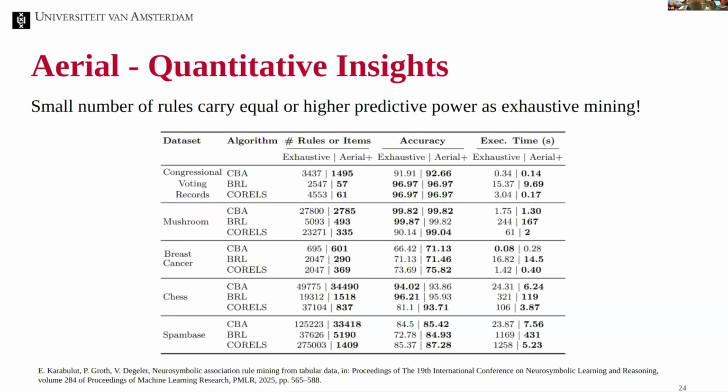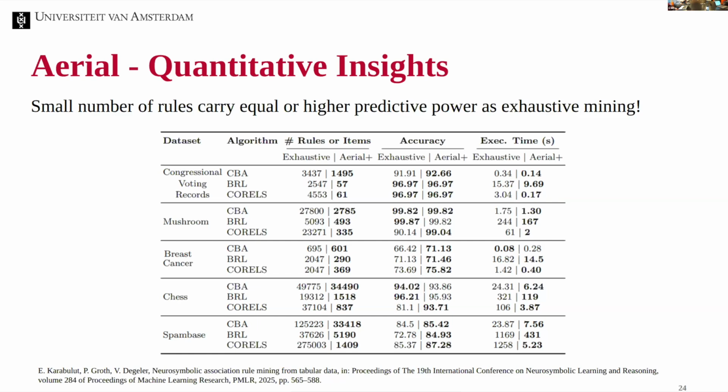And then what we have also done is, maybe you learn this very small number of rules. They are maybe statistically good, but maybe they lack in terms of predictive power. Because we do this rule learning for knowledge discovery, finding interesting patterns, but we also do this for interpretable machine learning. What people do in the literature is that you first learn rules. There's an algorithm for learning rules, and then there's an algorithm for building a classifier by selecting a subset of rules and also ordering those rules to make a classification. These 3 algorithms, CBA, CMAR, and CorrAL, are the ones that select a subset of rules and order them to make a decision, a classification.